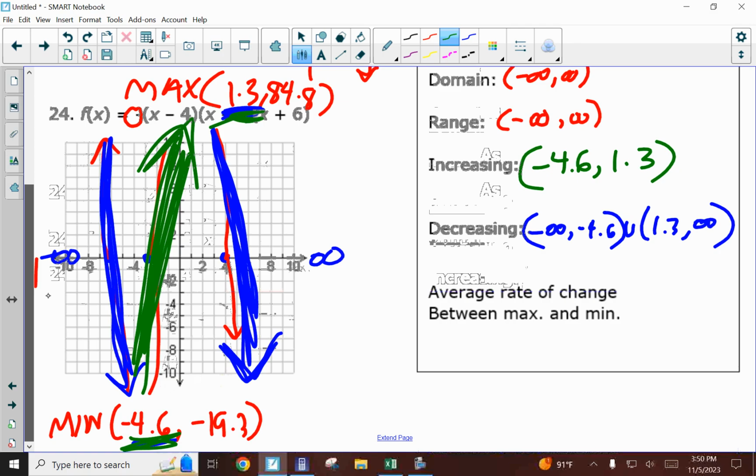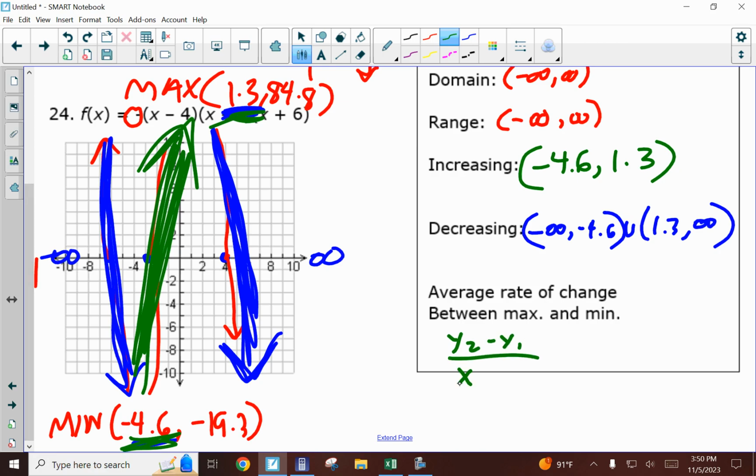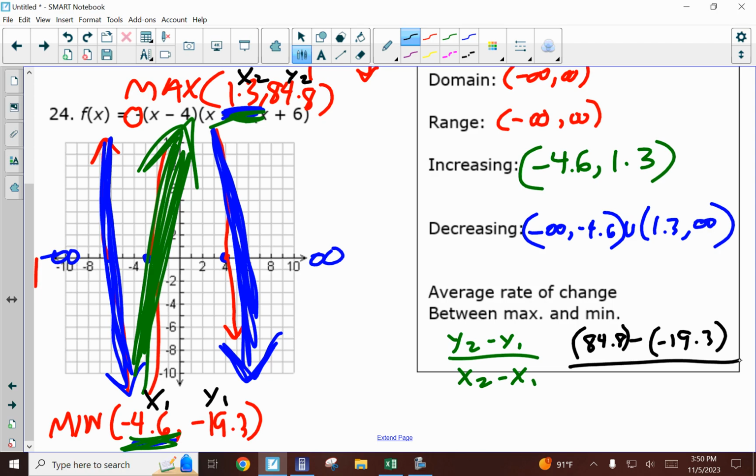Oh, here. They want to find the average rate of change between the maximum and the minimum. So we're going to have to do y2 minus y1 over x2 minus x1. Our maximum, or I'll start with the minimum. The minimum was first, so x1, y1. And then this is going to be x2, y2. So according to that formula, it's going to be 84.8 minus, put these in parentheses, negative 19.3. And then at the bottom,